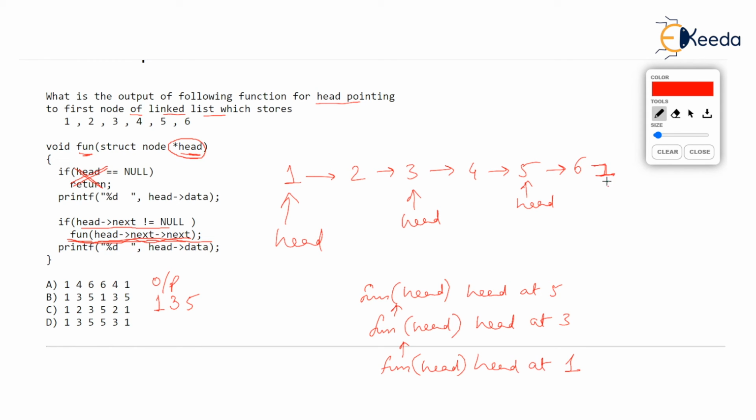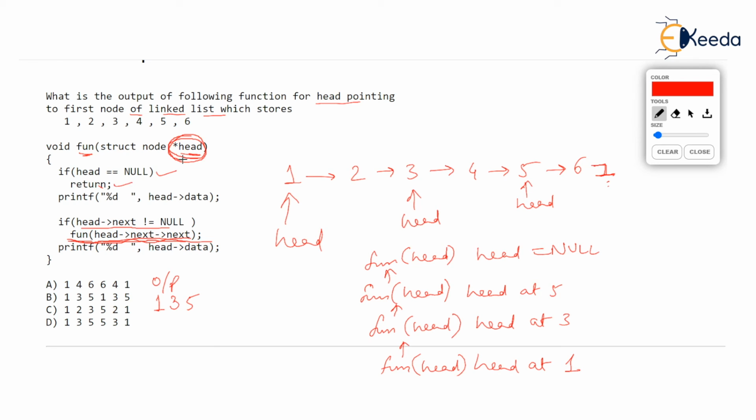So please try to understand what we are passing to the fun function is literally a null value, because head arrow next, the pointer next of 6, is null. So do you understand? Fun gets called with the parameter head equal to null now. Head is literally equal to null. The pointer is null. So now when you run this function, you can see that head equal to null is true. As head equal to null is true, it will return.